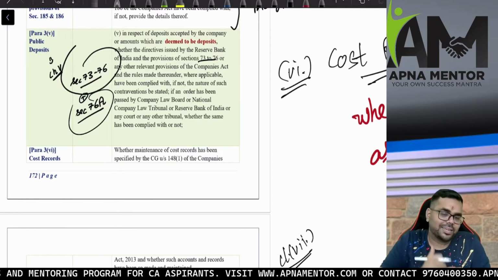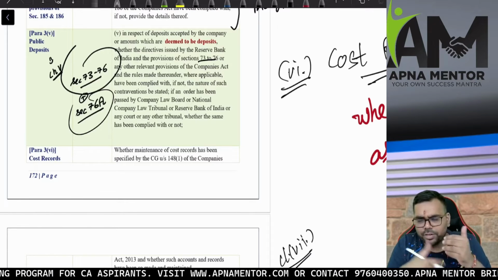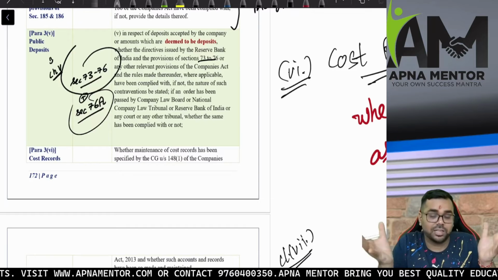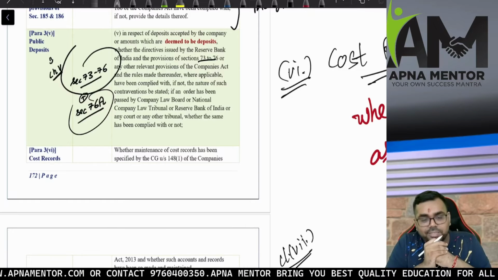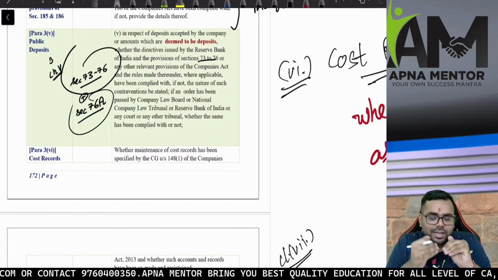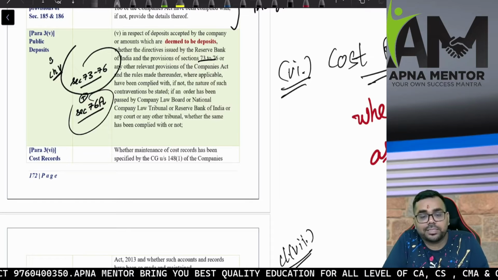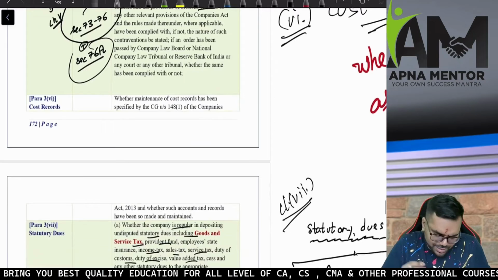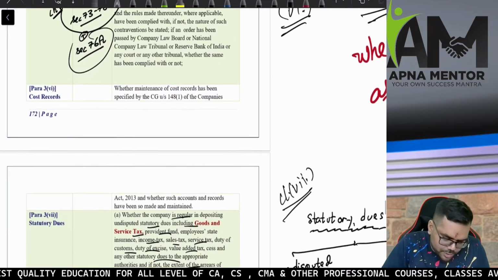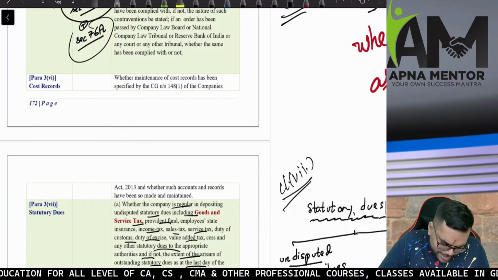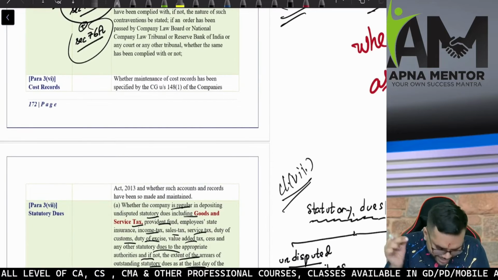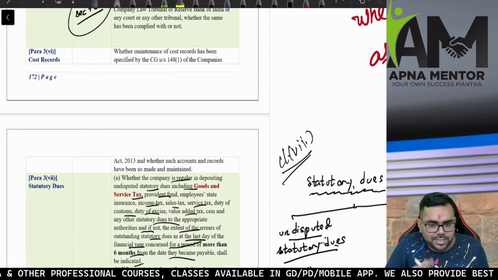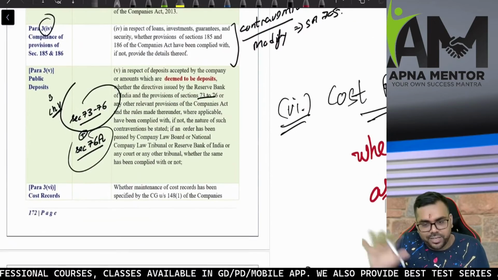In regulated sectors, there were 6 sectors: petroleum, telecommunication, fertilizers, medicines, sugar, industrial alcohol, and electricity. So whether it's a regulated or a non-regulated sector, if the overall turnover is greater than or equal to 35 crore in the immediately preceding financial year, the company needs to maintain cost records. And clause 6 of CARO says that I need to report whether the company has maintained cost records as per the requirement of Section 148, if at all that requirement is applicable. Is it clear? Okay. Sir, it is very clear.